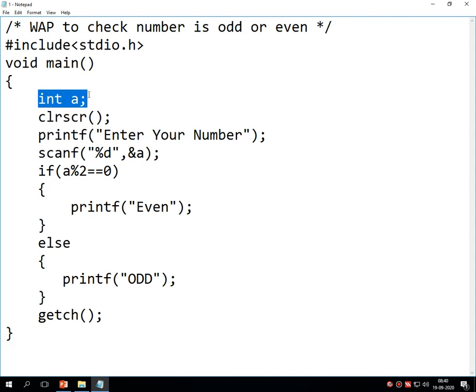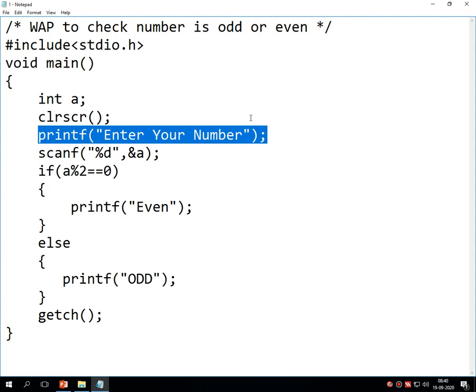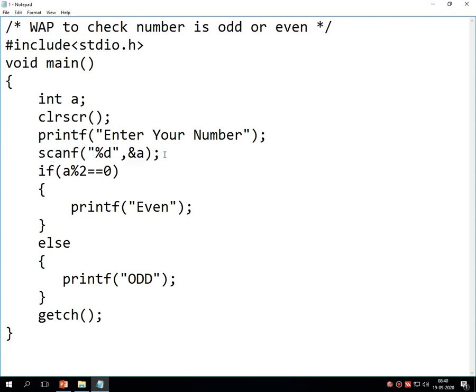Then as the first line of code I am writing integer a, which accepts any number from the user. Then there is clrscr. Then the message printf "Enter your number". Then it reads that particular number from the user. Say for example, after this message I am entering 5 onto the screen. That 5 is going to be stored in a with this particular statement.